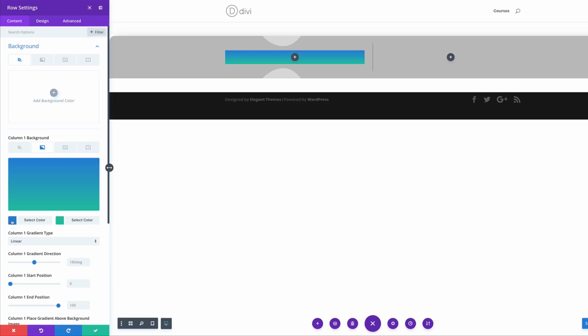Click the plus button and we're going to add our first color. So our first color here is going to be an RGBA value. So again, I'm going to paste my values between the brackets like that. And then I'm going to also add my second color by clicking here on select color. So this is also going to be an RGBA value. So I'm going to drag the slider down and then I'm going to paste my values between the brackets just